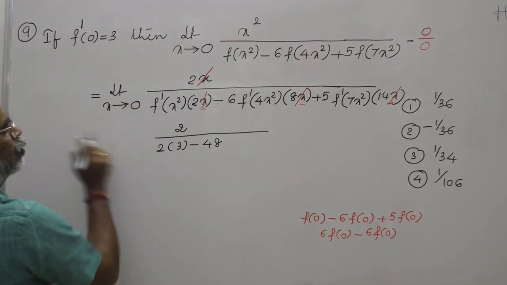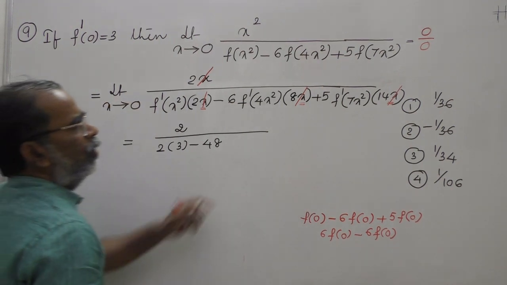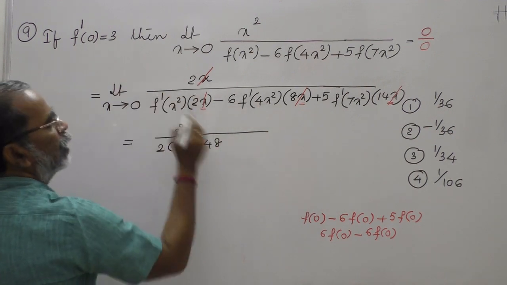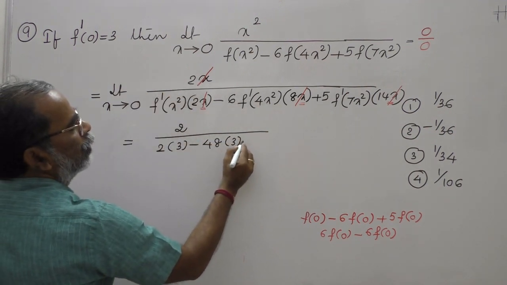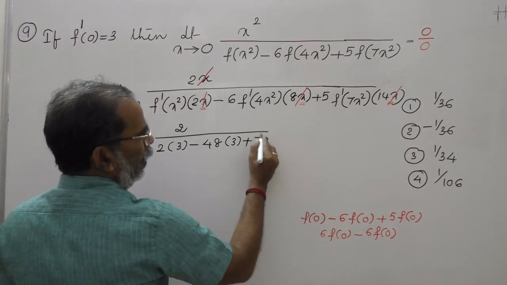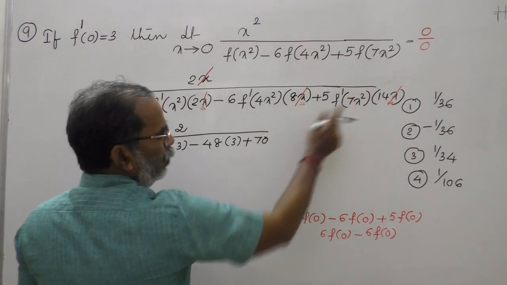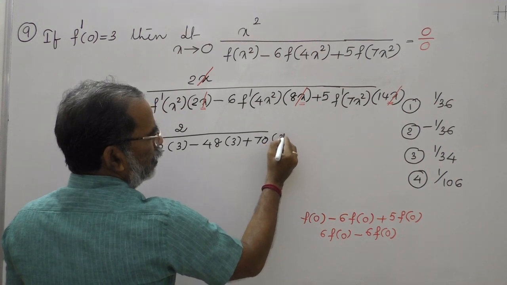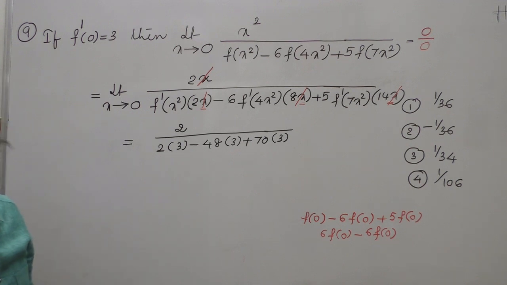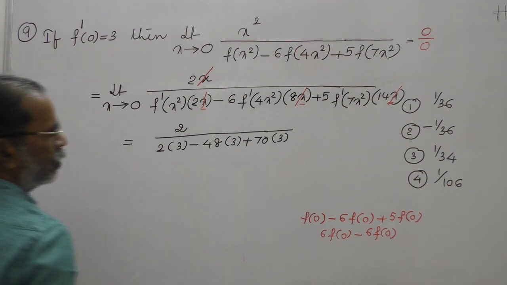to write this. So this is equal to, what is this? f dash of 0, f dash of 0 again 3. Next, in the last one, 14 into 5, we have 70. If you write 0 here, this becomes 0. f dash of 0 is given 3. That's all. This is a finite number. So this is the answer.